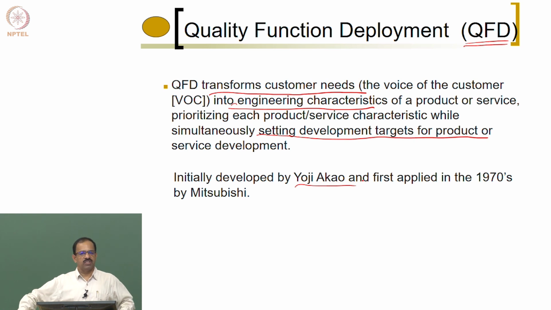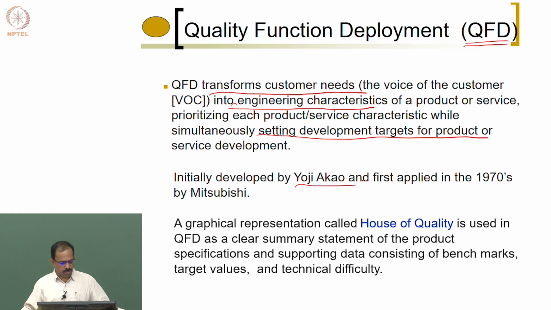Now most companies use this tool when they start a new product development, in order to understand the whole spectrum of customer needs, their importance, then the metrics, the importance of the metrics and how the metrics are related to the customer needs, and then how the benchmarking is done, who the competitors are, what values they use, how they satisfy the customer. All those things are put into one single tool, and then you try to analyze what should be your design goals. That is basically known as quality function deployment.